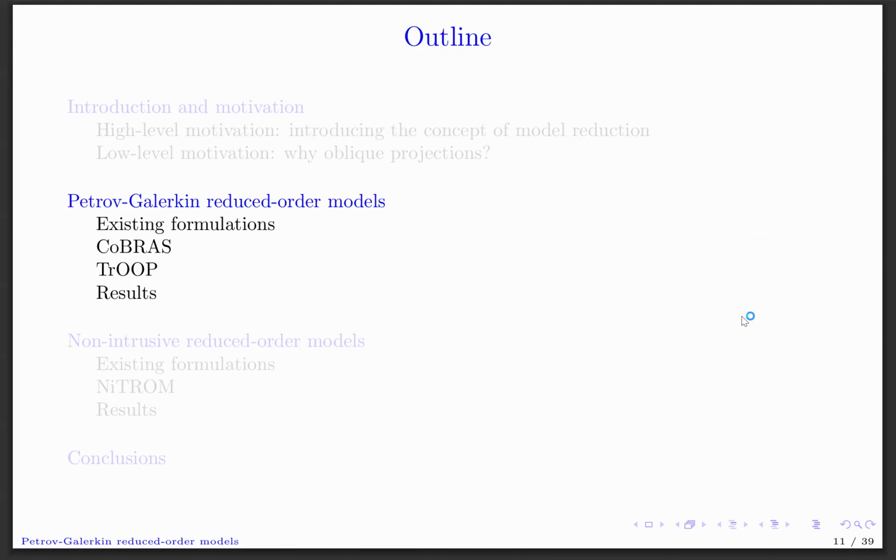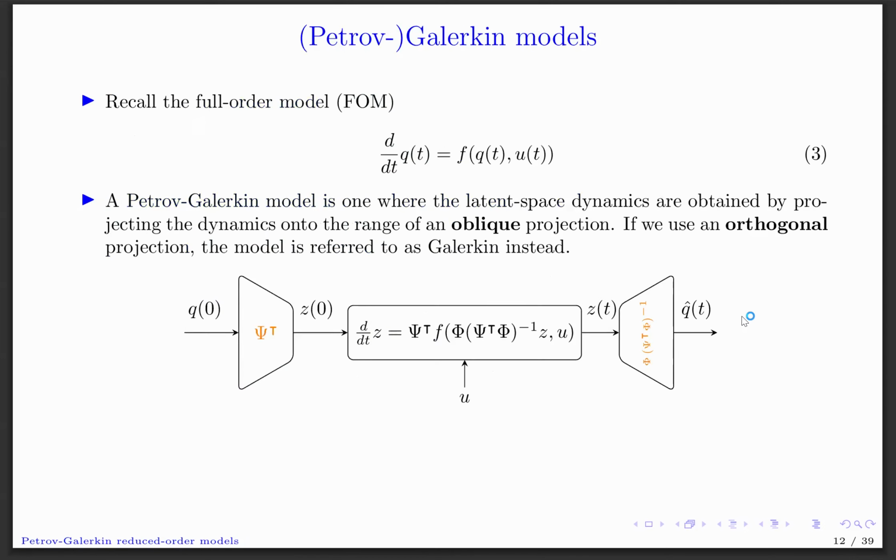Okay, so let's look at some actual formulations here. Petrov-Galerkin modeling. So what is a Petrov-Galerkin model? I'm sure most of you know what this is. Again, we fall within this picture. We have our FOM, the full order model. So what we do in Petrov-Galerkin modeling with linear encoders and decoders is we basically define them to identify an oblique projection, and then we